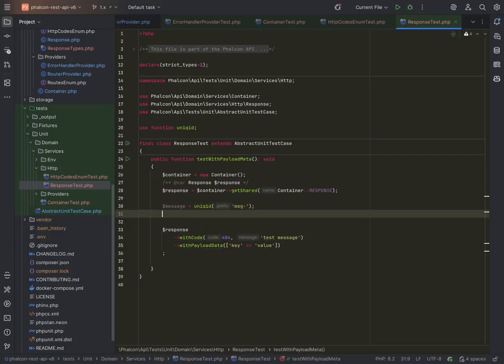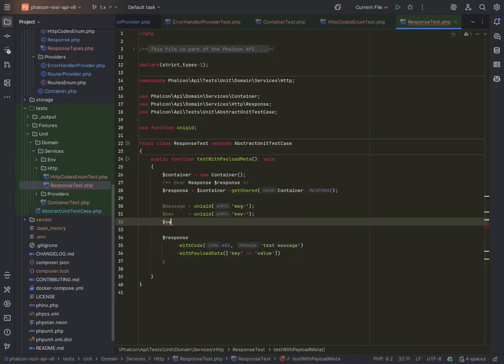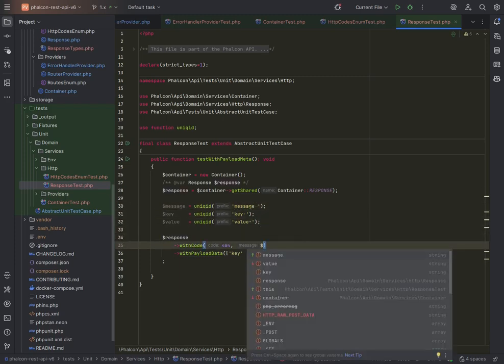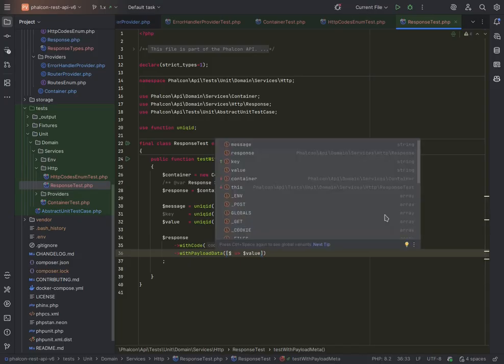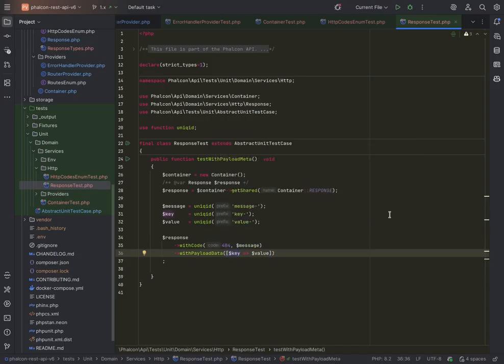And then what I'm going to do is I'm going to say key equals unique ID key, and then value equals unique ID value. And I'm going to replace them here. This way, every single time you run the test, it makes it a unique run, and it doesn't rely on only one